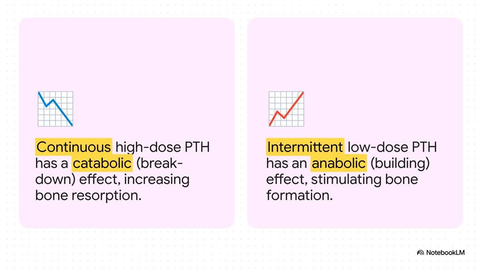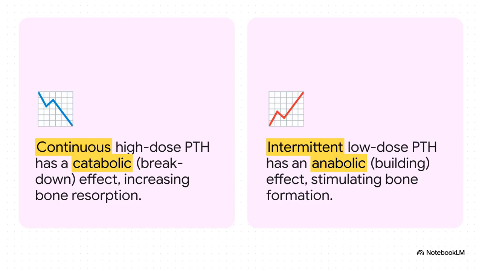Okay, now we get to something that is absolutely critical to understand, and it might sound a little weird at first. It's the dual nature of PTH on bone. If you have continuous, high levels of PTH, it has a catabolic, or breakdown effect, and it does this indirectly. The PTH tells osteoblasts to release a signal called RANK L, and it's that RANK L that activates the osteoclasts